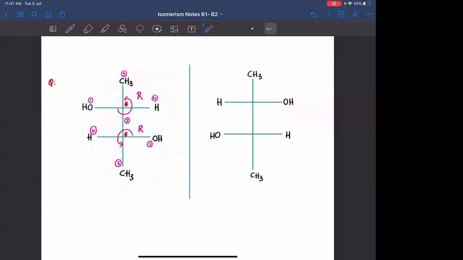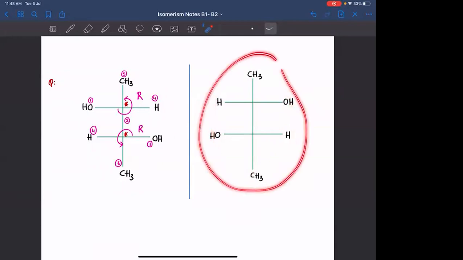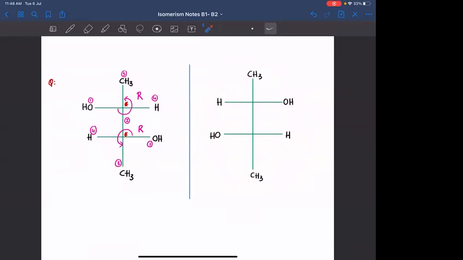Fisher projection says that horizontal line पे जो भी groups है, they are coming towards you. Vertical line पे जो भी groups है, they are going away from you. So this is the representation of the mirror image. If you are flipping it, the groups which are present on horizontal line must now go on vertical line. Flip करने से जो पीछे आता है, वो आगे आ जाएगा ना. Initially जो पीछे है, now they will come forward. Flip करने से ये नीचे चला गया. समझ में आ रहा है? Is that clear? So in Fisher projection, don't flip it and try to superimpose on this. बस इतना याद रखो.